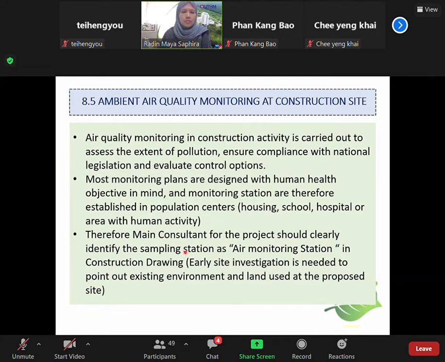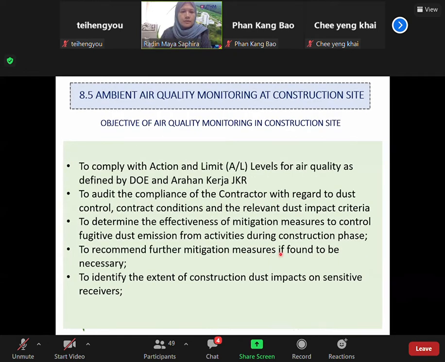So we need to have the main consultant. If you are the main consultant, then you need to have the air monitoring station. So you need to see how big your project is, it must be a very big project, that lots of these emissions or particles can be emitted into our atmosphere. Okay,